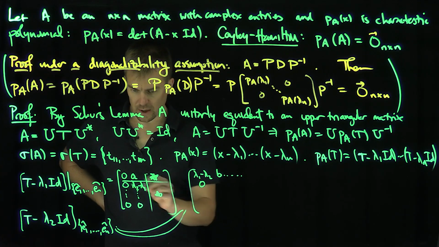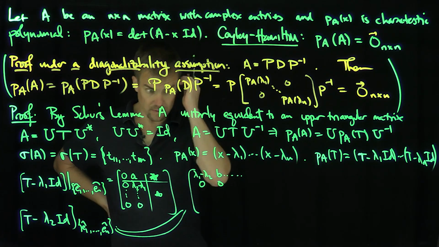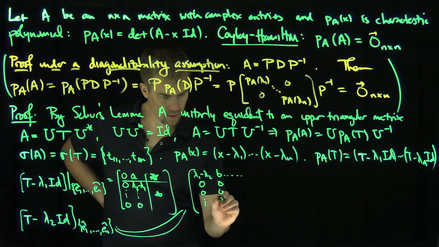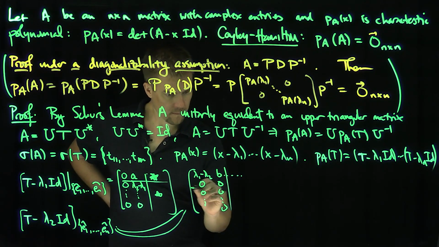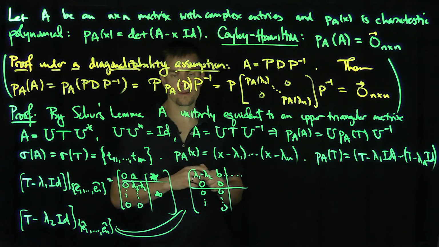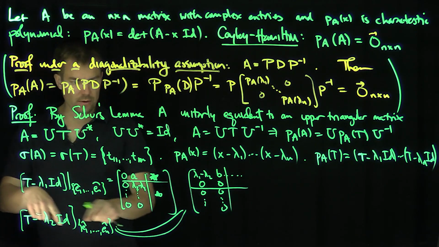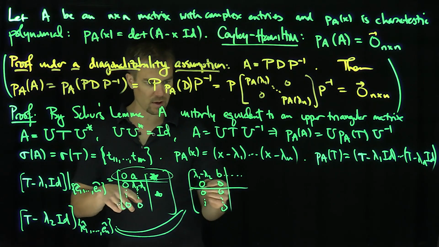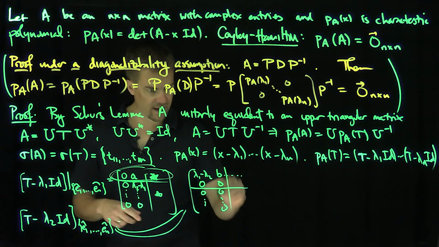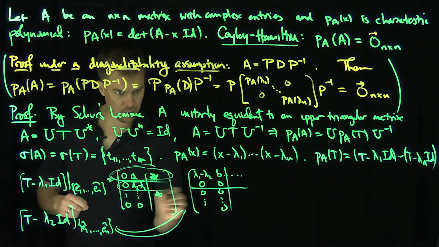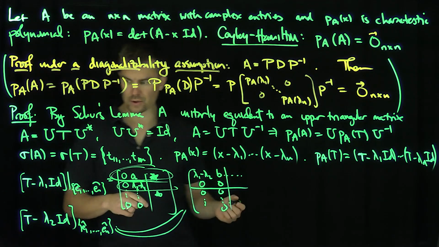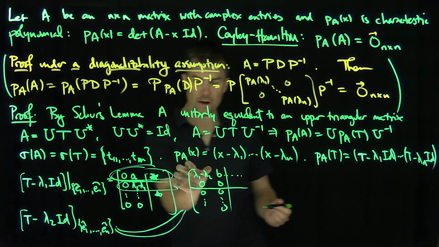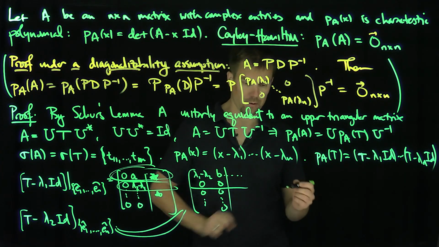Then you'll have a 0 over here, right? Then you'll have a 0 over here. That's the key feature over there now, right? And then zeros below, like so. And so now what happens when you multiply these two factors over here? Let's look at this first one. The first row, first column gives me a 0, and first row, second column also gives me a 0. We'll get a 0 over here and a 0 over here. So if I look at this factor of T minus lambda 1 identity and T minus lambda 2 identity, they'll have a 2 by 2 block of zeros up here, right?